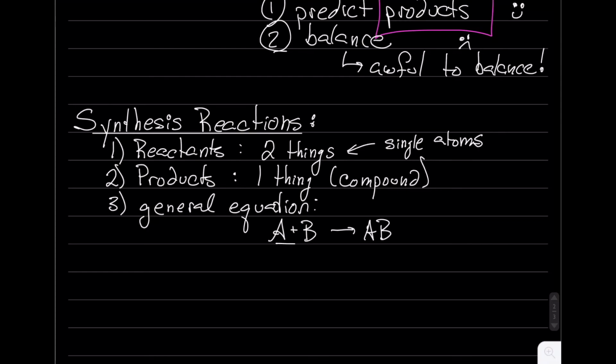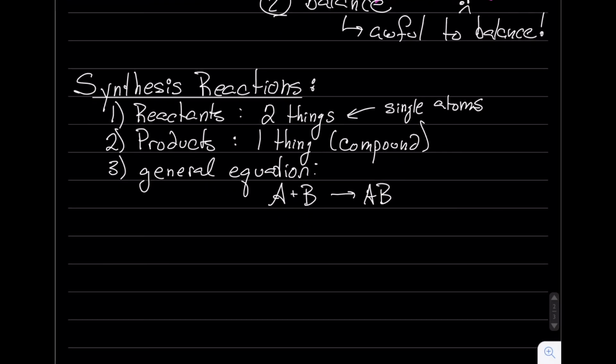So these two single things as reactants get squished together to make this new thing, AB. All right, so what do I want to tell you about this one? Okay, so for predicting products, so for completing a synthesis reaction,